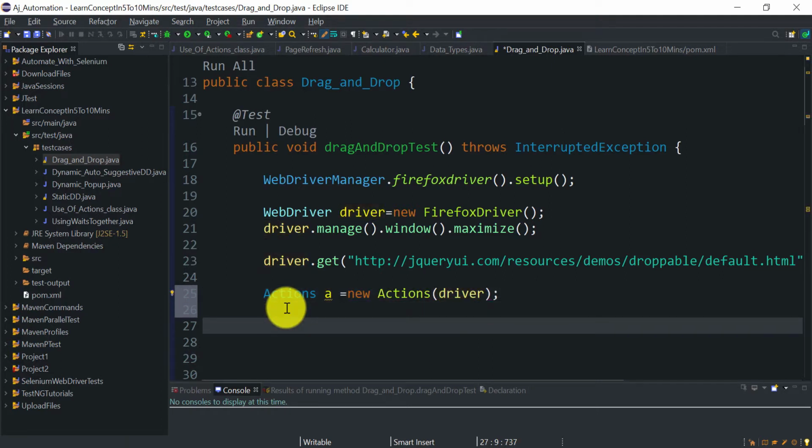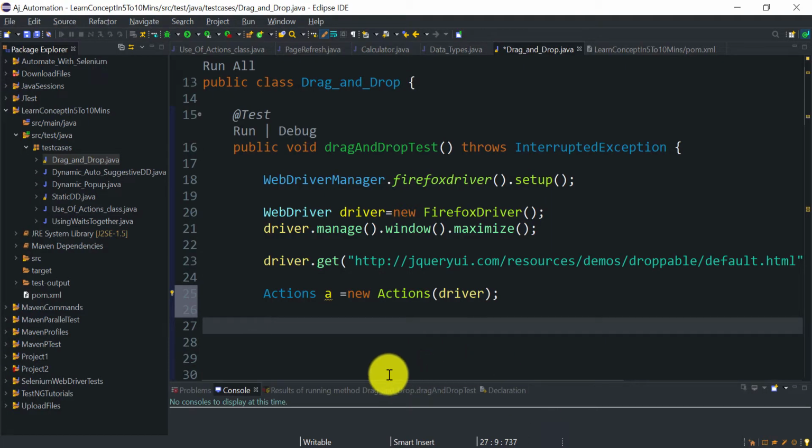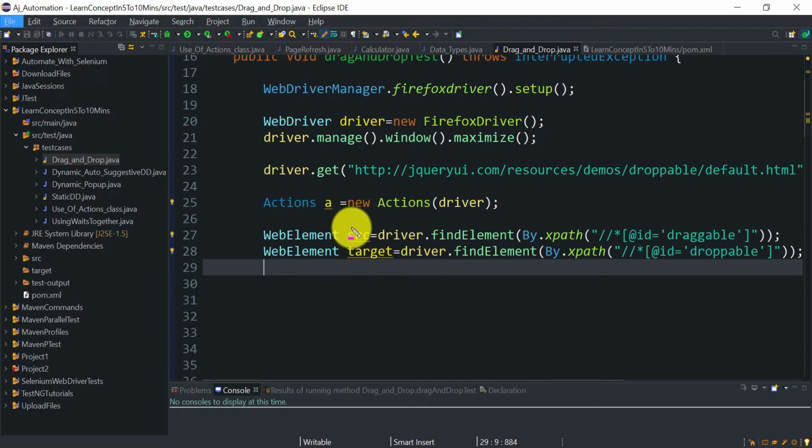Now first we need to find the source and target web elements, right? First you need to find the source, click it, then find the target and release the button. So let us create our source web element and then the target web element first. Here I have created two web elements.